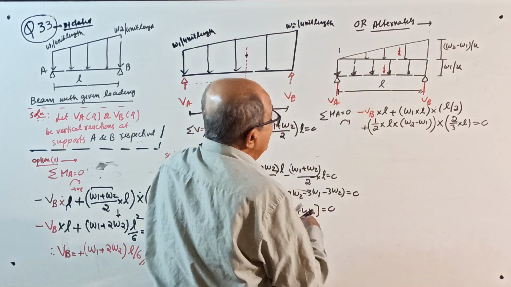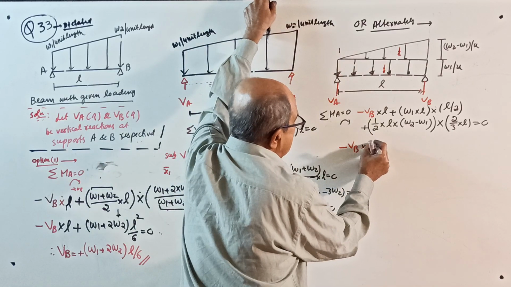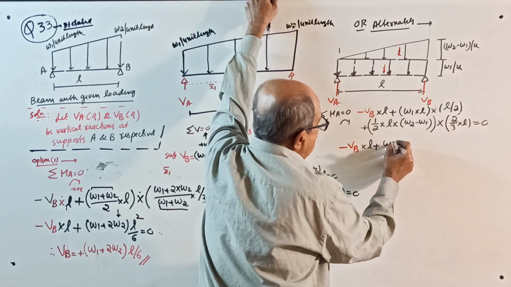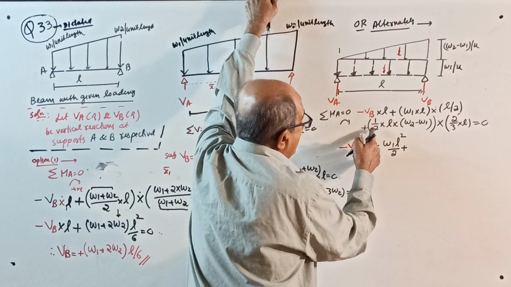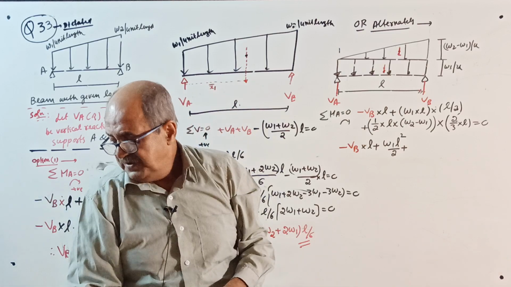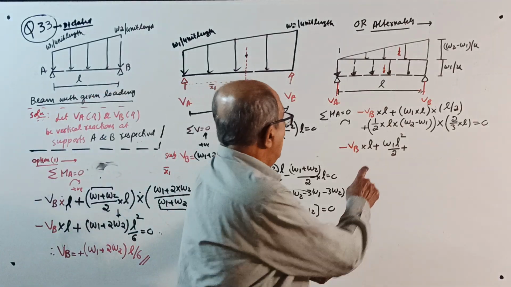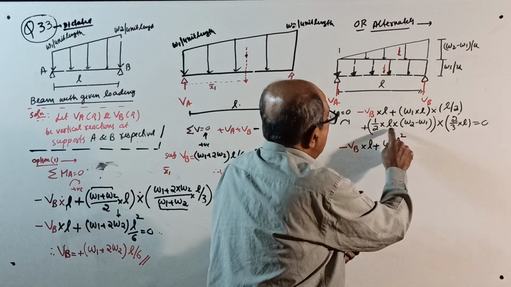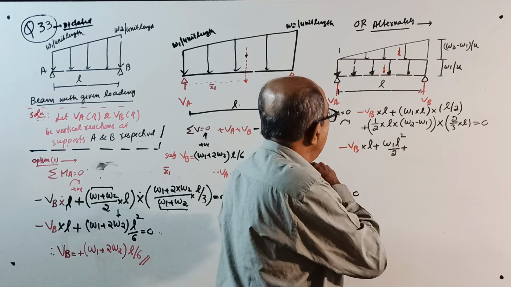Now, simplify. Minus VB into L plus W1 L square by 2, plus half into L into W2 into 2/3 of L. How to calculate? Take your calculator and operate. Half means half, 1 by 2. Half into 2 by 3 is 1 by 3. So it will come